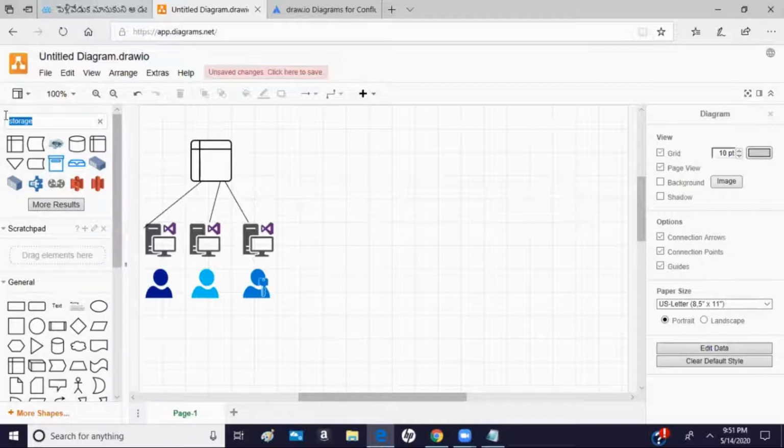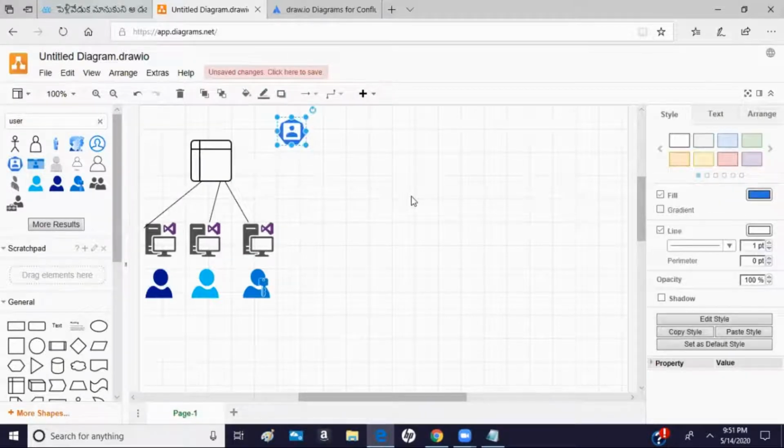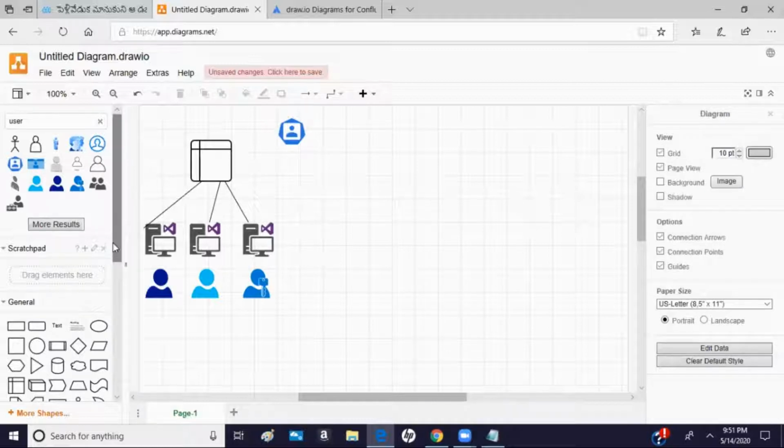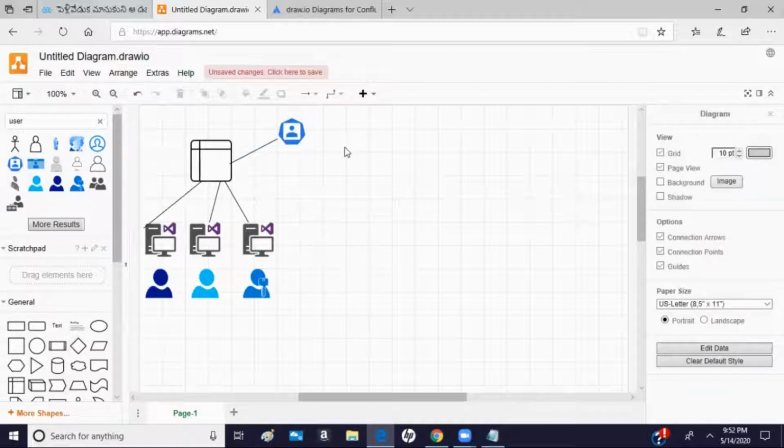So we can again pull a user icon here, and let's say this is my team leader. So the team leader will pull the code. If they find any problem, it will be notified to the developer.